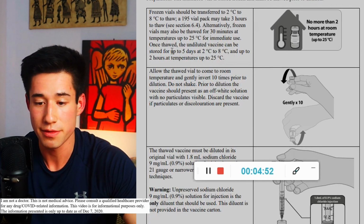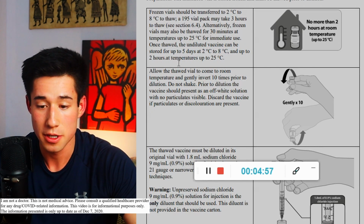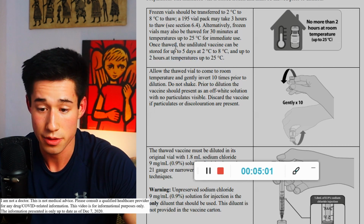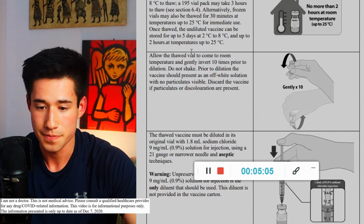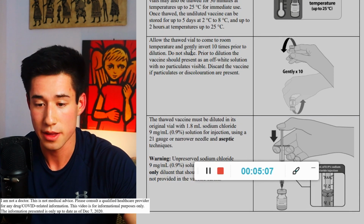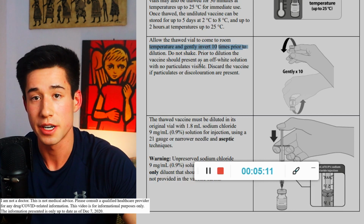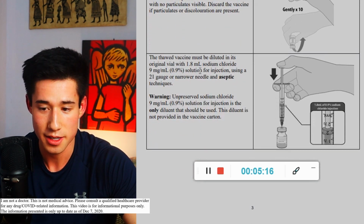It's going to last 5 days at fridge temperature after it's thawed, but it's only going to last 2 hours at room temperature. So I would probably just thaw it at fridge temperature since it's going to last longer. Once you've done thawing the vaccine, you're going to let it come to room temperature. You're going to invert it 10 times, make sure that the powder is flowing and none of it is getting stuck